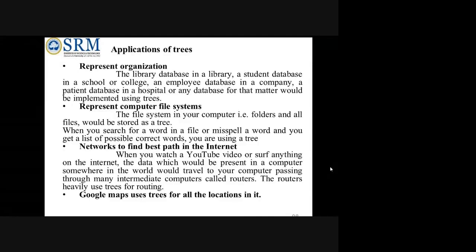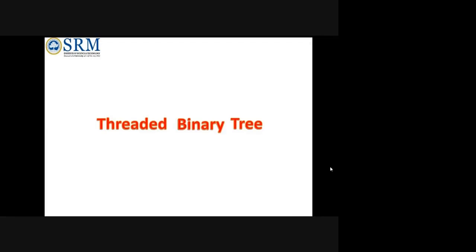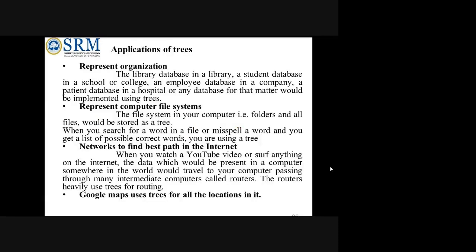Then in the internet, networks find the best path. In the next unit, you'll be learning about algorithms, Prim's and Kruskal's. There you'll be finding the best path, actually the shortest path, by which you can reach. So here also the networks concept mainly uses the application of trees. When you study those algorithms, you'll know in networks. Similarly, Google Maps uses the tree concept to find out locations also. Okay, so these are the things you want to know about.